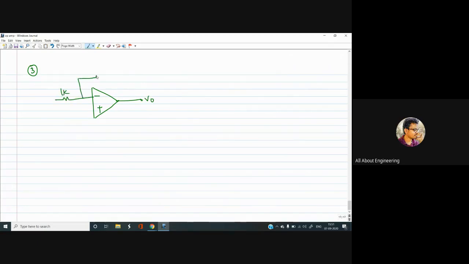Let me write two questions for each page so that we can cover more numericals. If you try more numericals, then at starting you might feel like taking a lot of time, but gradually you will solve them quickly. You try to find what is the output. Type of feedback and all these things are not required. You just try to tell me what is the output. Okay.